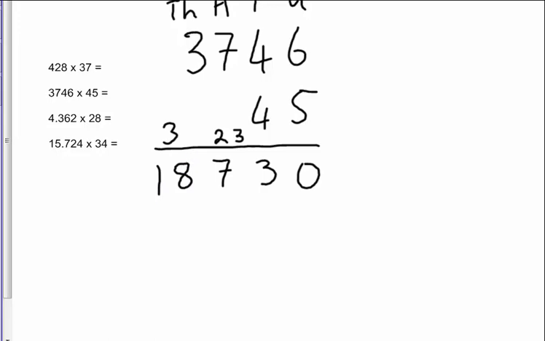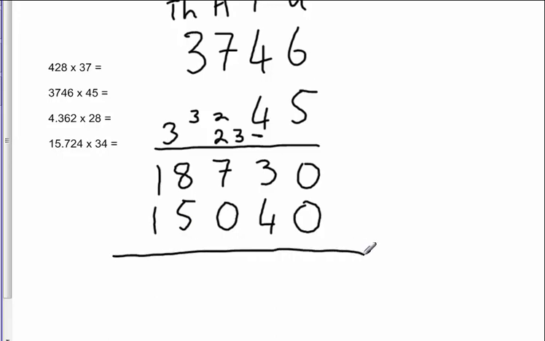18. And now what I need to do is I need to put in a 0, because I'm going to multiply it by 4, but because it's under my tens column, this is 40. So I pop a 0 in there, and now I just follow across. So 4 times 6 is 24, put in my 4 and carry my 2. Then 4 times 7 is 28, plus 2 gives me 30, put in my 0 and carry my 3. And then 4 times 3 is 12, and 12 plus the 3 I carried across is going to give me 15. And now what I need to do is add the two answers together, and that's going to give me